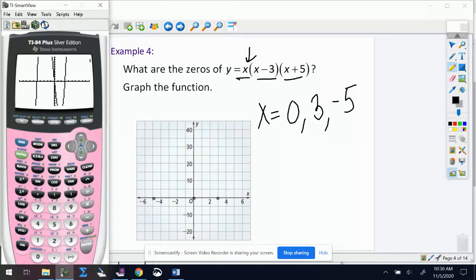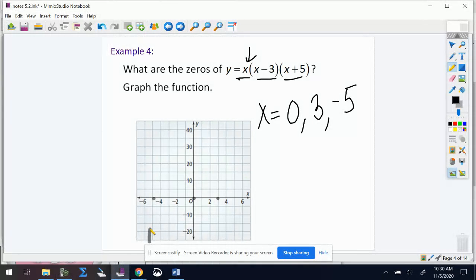See, a lot of it's off the screen. It's very high. So it starts downwards. It goes up through -5 and then down through the origin and then back up through 3. So when I draw it, I'm just going to kind of draw it real quick here. Got my thick